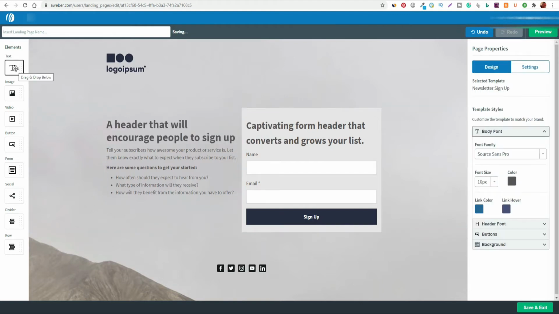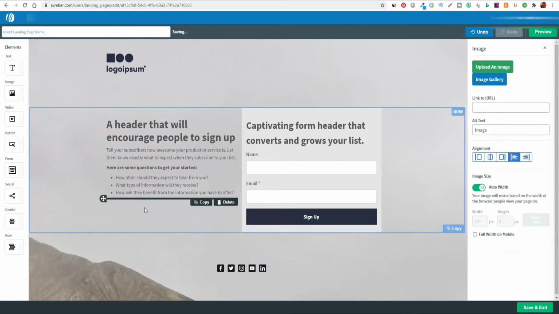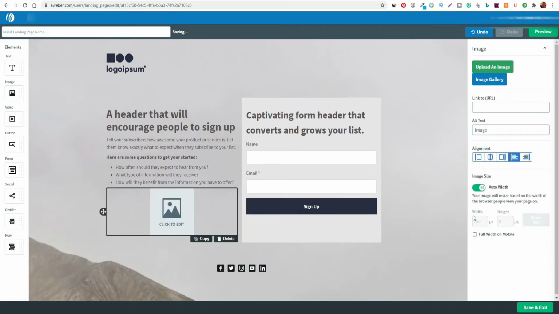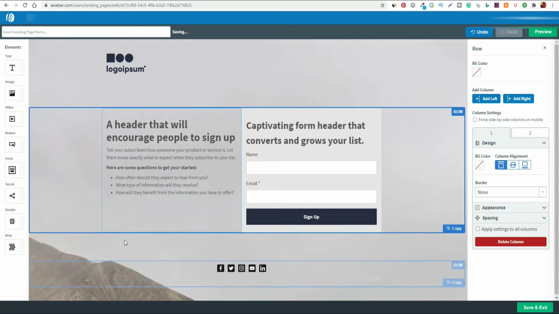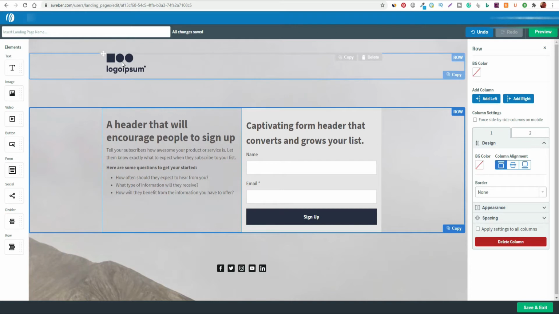Plus you also have another elements tab here on the left hand side, so if you wanted to add in any other features, you want to add in images, you can do so. So when you want to, you click on the icon you want, you drag it over to the canvas area, and wherever this line appears, either above or beneath an area you want to add it into, you can drag it and drop it in and we'll add that element into it, and then you'll be able to add in an image from there. And you can do the same with social icons. You can add in new rows, you can add in dividers, you can add in forms, buttons, even videos. If you wanted to add a video in here, say for a YouTube video,